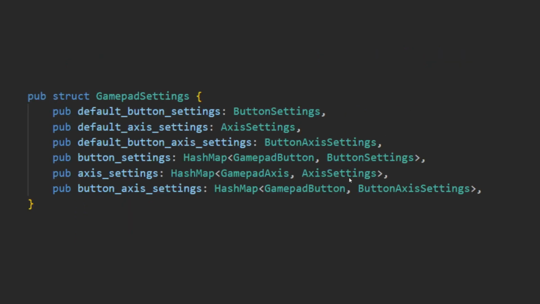As of the recording of this video, Bevy does not allow you to edit game settings once they have been inserted, and you will need to reinsert new settings after the game has started if you want to change these at runtime, or specify a specific key that needs a value. All this needs to be done at the insertion of the resource, or by manually editing the hash maps. There are no convenience insert or remove functions provided. Hopefully in the future, Bevy will extend these functions that it provides for the gamepad settings to allow you to